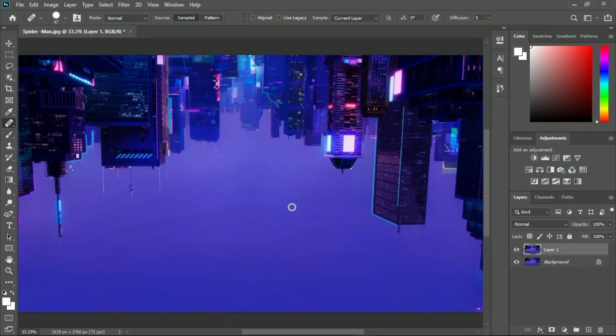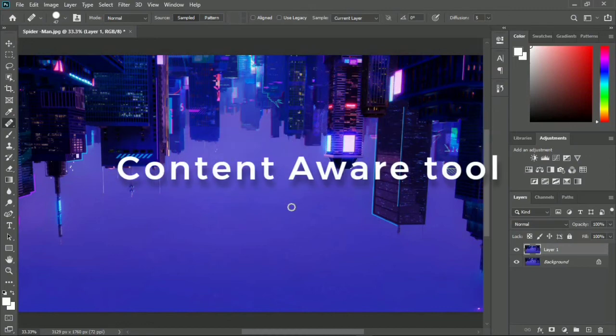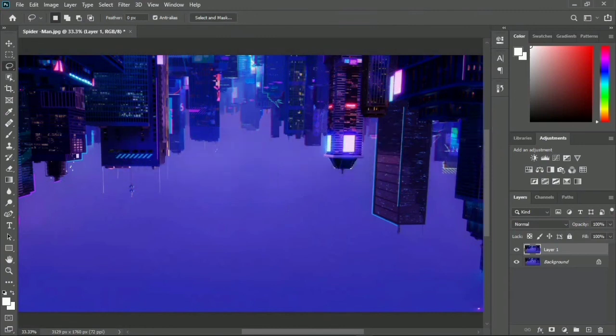If I was to recommend you which way, I will suggest you the content filling tool. It is the best one out there and it removes your object much faster, and you don't have to put your brain into brainstorming how I'm going to remove it or where I'm going to copy it. And as you can see, it has removed it.